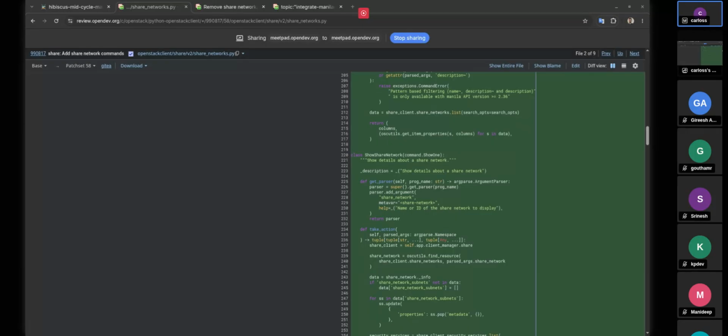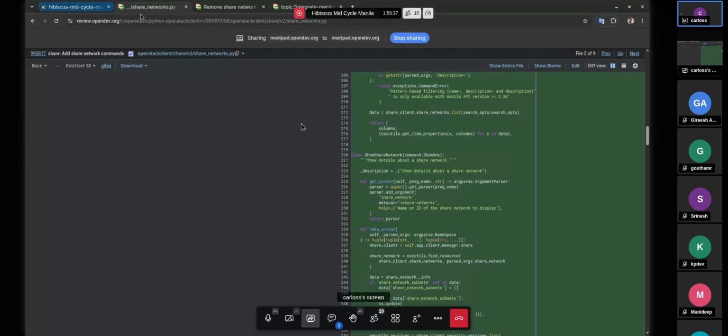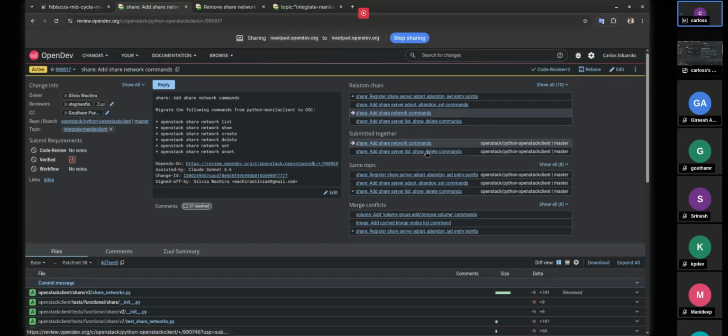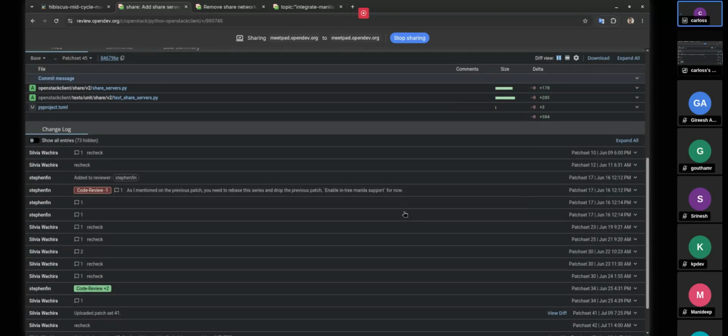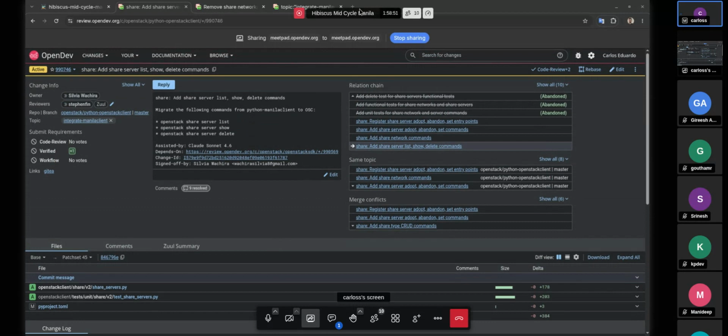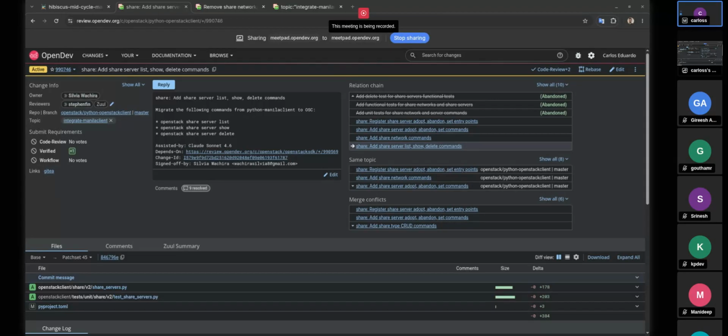So this release, we already have a couple of features targeting Python Manila client, and some things like, for example, the share server commands, they aren't fully merged yet. In Python OpenStack client, it would be awesome if we could get everything as part of one single change, and maybe we can already go and port some of the commands, like for example the share server replication things. We can try to make it part of this as well, but that will increase the workload for this change specifically, and it's going to bump the micro version already, which is something that we don't currently support if we do that at this point. So we'll need to wait until that change merges.